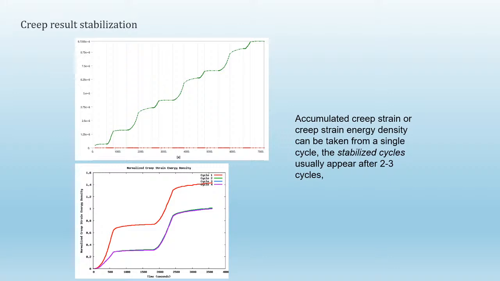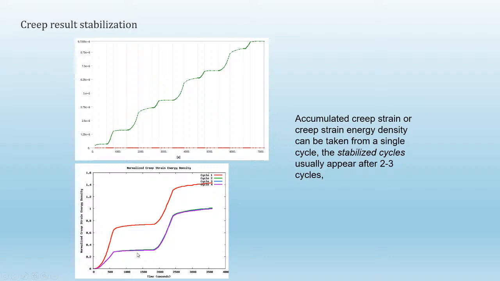There's no need, because when you run these simulations, you see the creep begin to accumulate over time. So this is one cycle. It's like a flat section, up, flat, up again. And then the next cycle goes like that again. What you notice if you overlap the change from one cycle to another is that the first cycle is a red curve, the second cycle is a green curve, then blue, then purple. And you can see that by the second or third cycle, they all lie on top of each other,